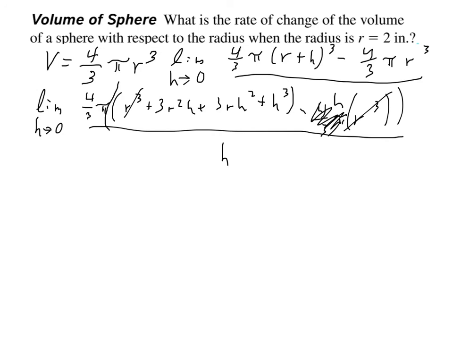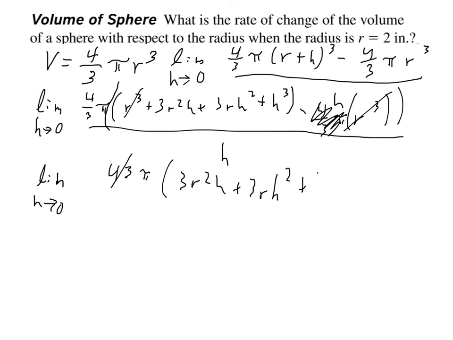So in the middle, I should just have this limit as h goes to 0 of 3r squared h plus 3rh squared plus h cubed